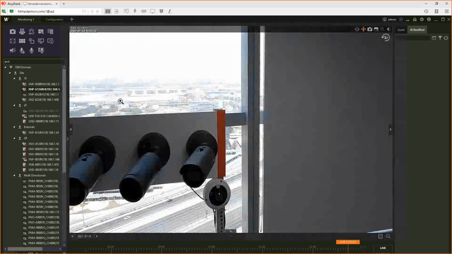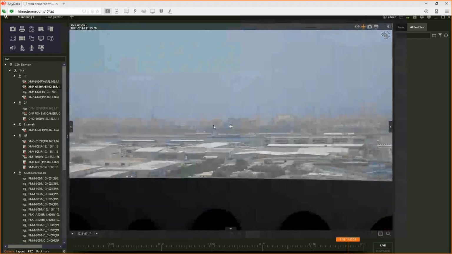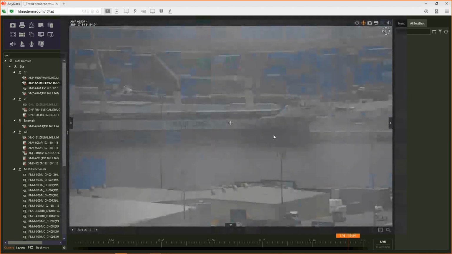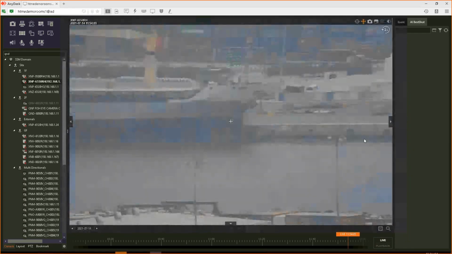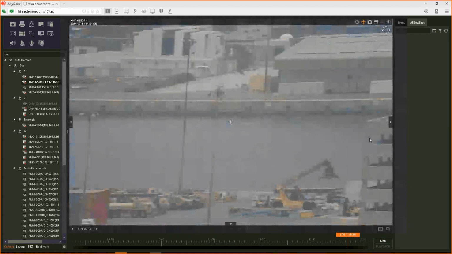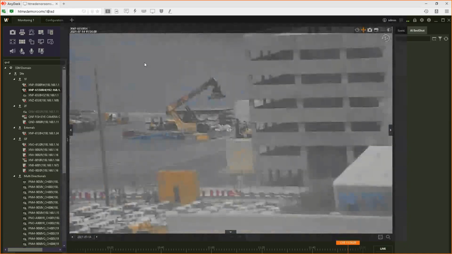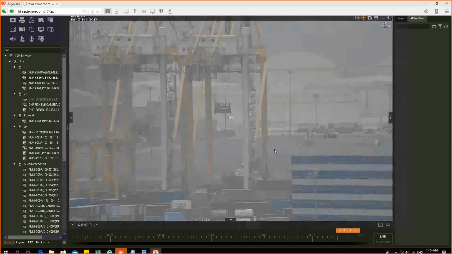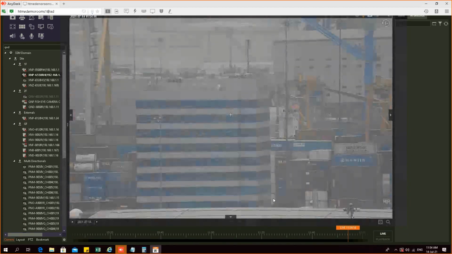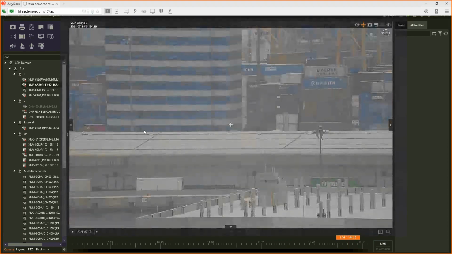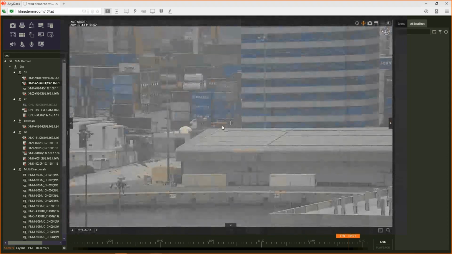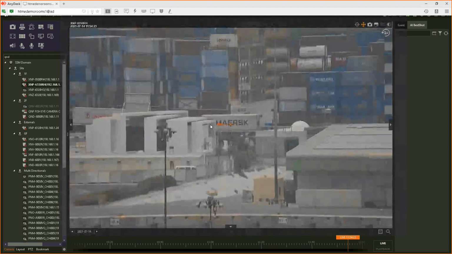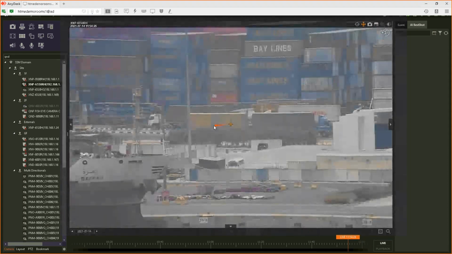Or I can zoom as far as the port area. So yeah, this is basically your PTZ function. Easy to just monitor, right? I can, let's say I'm tracking this truck and just track, or I can use my mouse. I can slowly track like this.